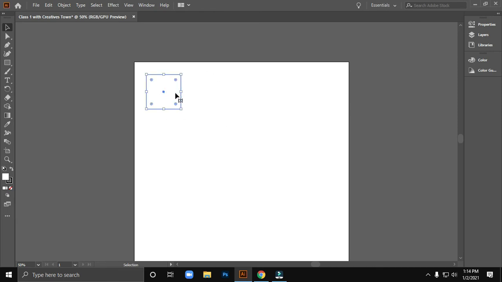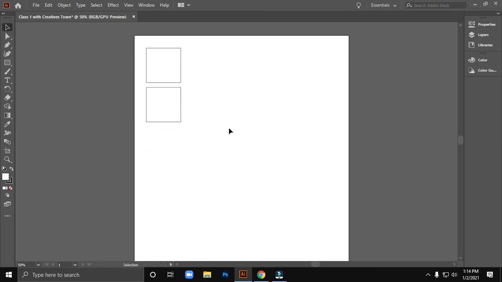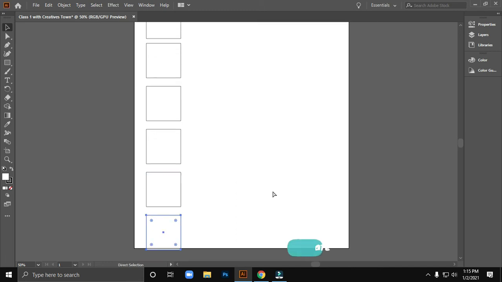Now how to copy? If we press Ctrl C and Ctrl V, it will copy and paste easily, but we are not doing this. We will select this shape and press the Alt button and just drag it to the bottom, and it will automatically create a copy. Now we don't need to press Alt for copying this several times. We just click the second one and hold the Ctrl button and press Ctrl plus D. It will automatically duplicate this. No hazard at all.